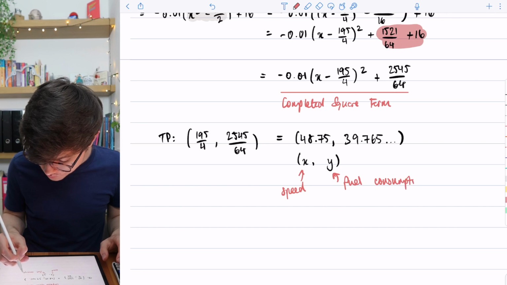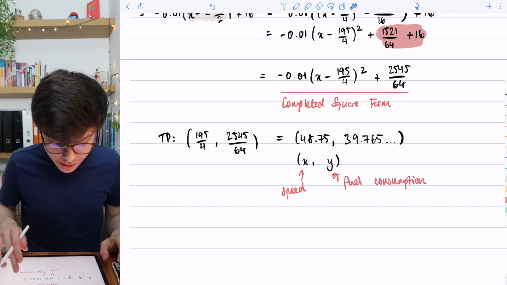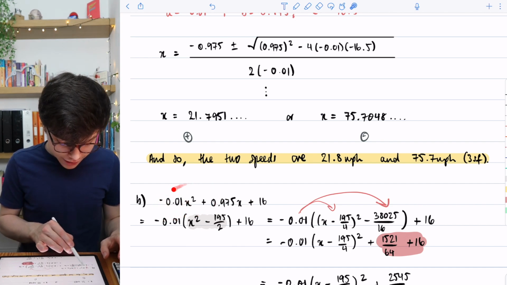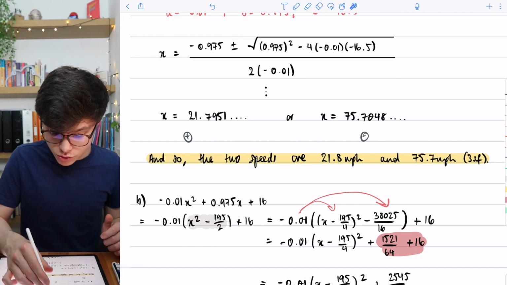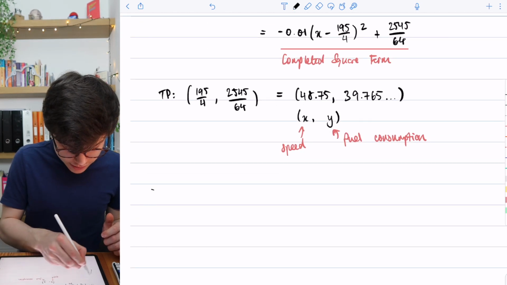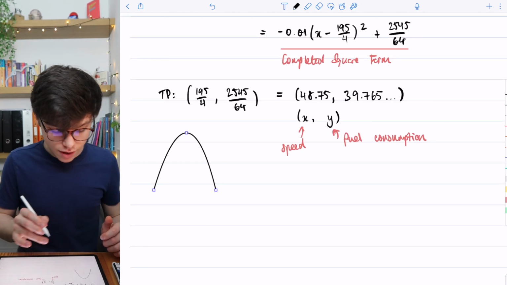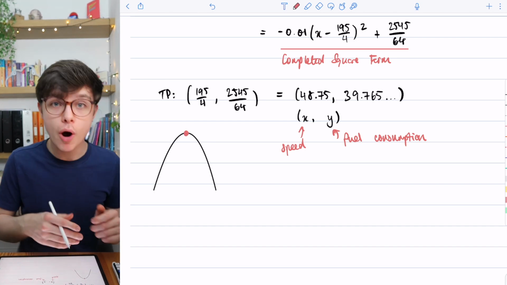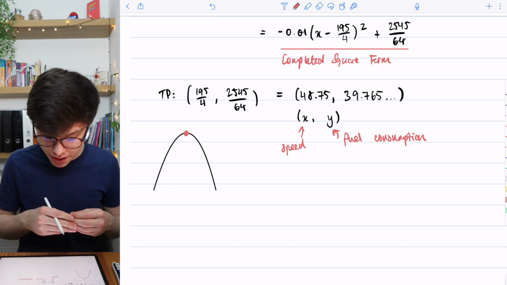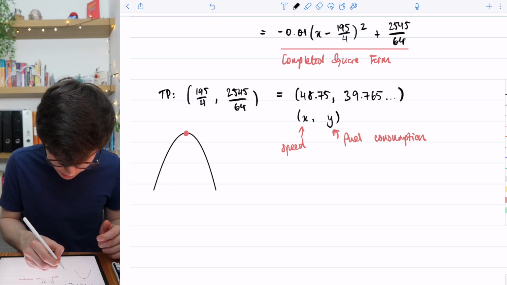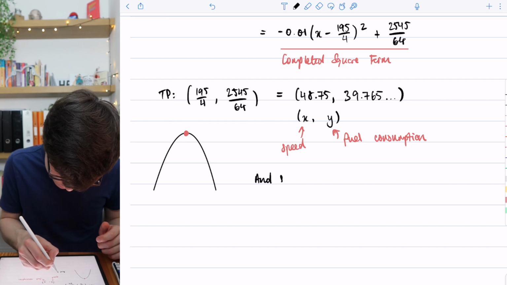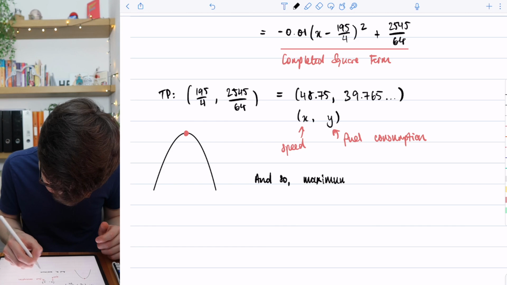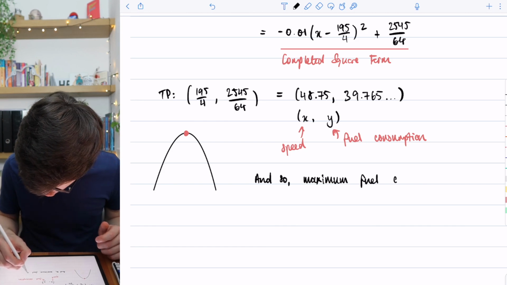And again, if we look at our quadratic, we've got a negative coefficient of x squared. Our x squared term is negative. So just like the other example, we're going to have that shape of our quadratic. And so our turning point is up here. The turning point is a maximum in this case. And so we can just read off the turning point. And so the maximum fuel consumption,